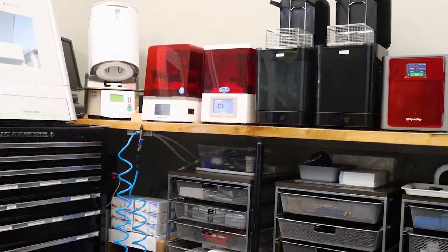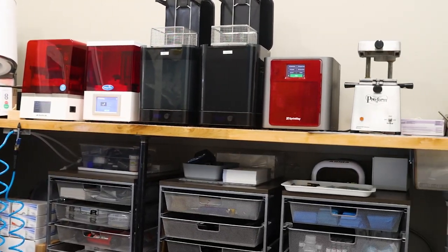My favorite thing about the printer would be the accuracy. It's such a small little printer, but it does exactly what you need it to do. Also, the space that it doesn't take up because it's so small. That's very, very important. I was able to line that up with everything in our line with the printer, wash,